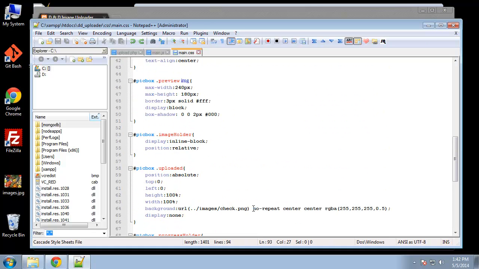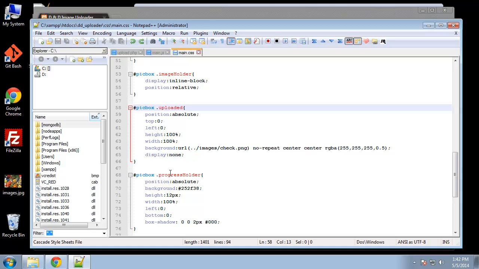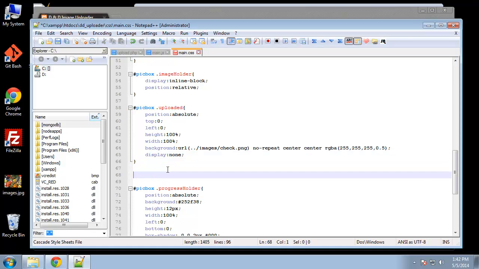Alright, so the issue here is that the uploaded div, the div with the class of uploaded, has the check mark which hovers over the image, and it's set to display none, and nowhere in our CSS have we changed it to actually show. Alright, so what we're going to do is put in another